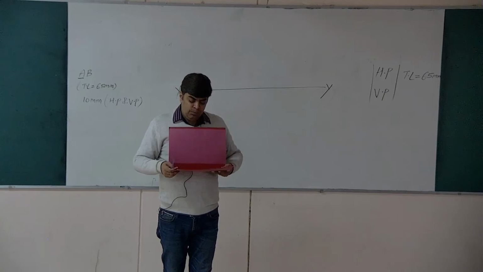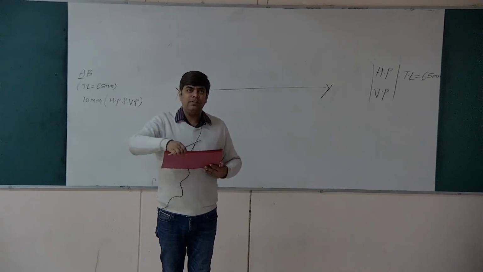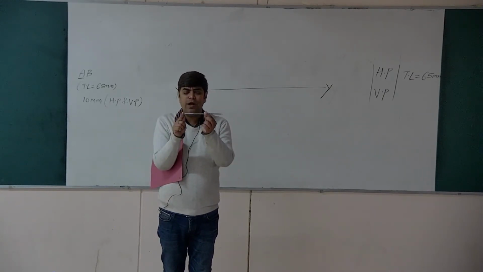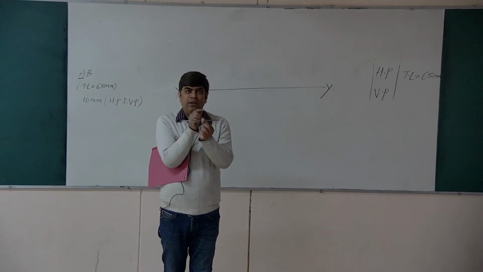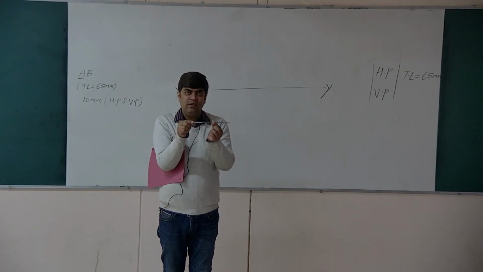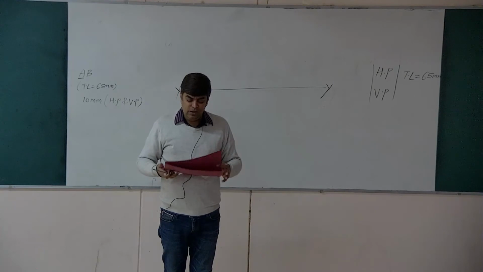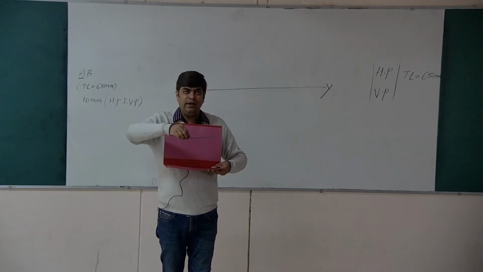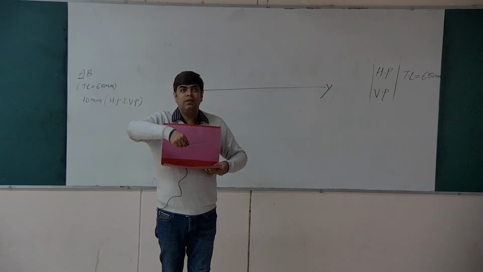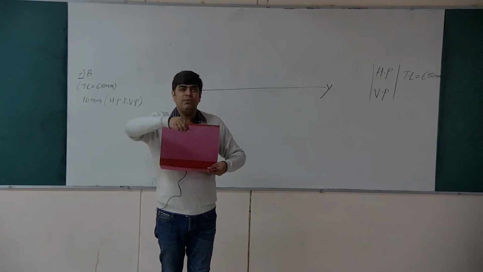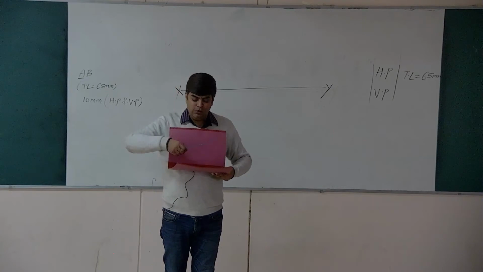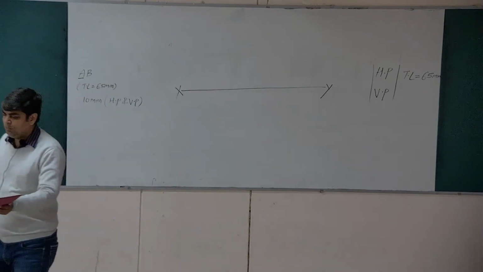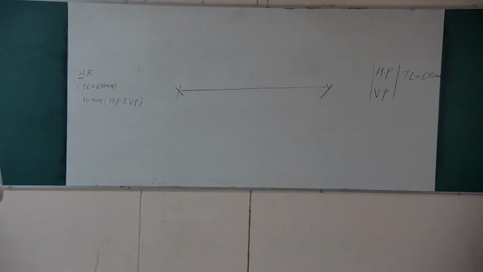Now the position of the end point A. Let us say this is your end point A, this is your end point B. So point A is this, and we will have the same in the top view. Point A is, let us say, 10 mm above XY and 10 mm in front of the vertical plane, that is, 10 mm above HP and 10 mm in front of VP. So what we have to do, we have to draw the projections in such a way that your line will